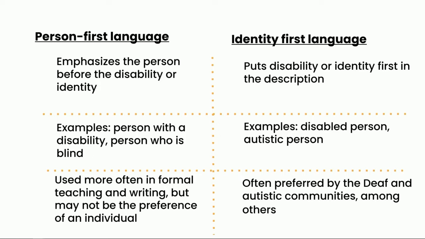In recent years, a lot of members of the disability community have felt like it doesn't adequately describe them, and they prefer identity-first language, which really puts disability first, and it's the idea that their disability is part of who they are, not something that they have. And so examples would be a disabled person, an autistic person, a deaf person. Identity-first is often preferred by the deaf and autistic communities, but there may be others as well. So it's best if you just talk to people and ask what they prefer.